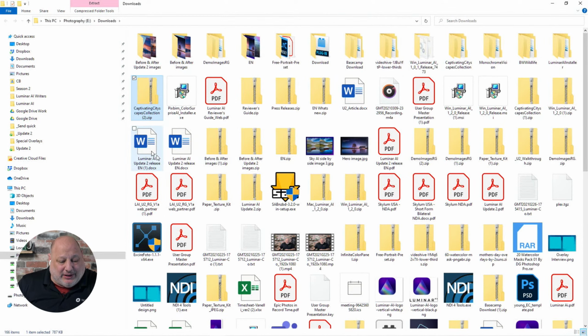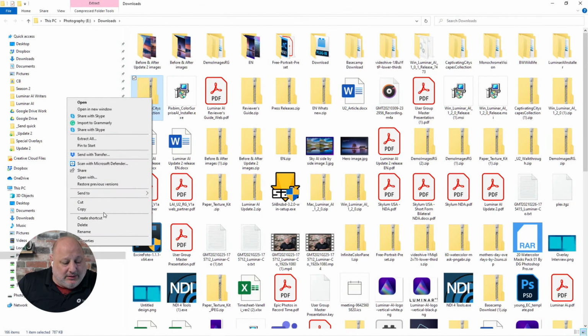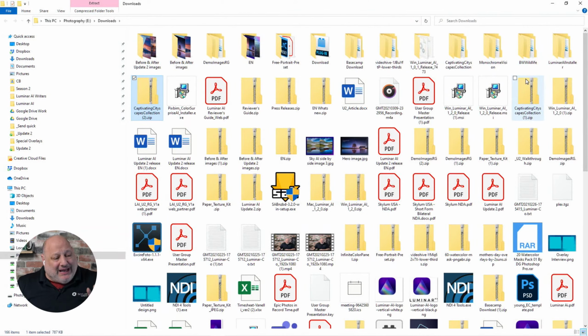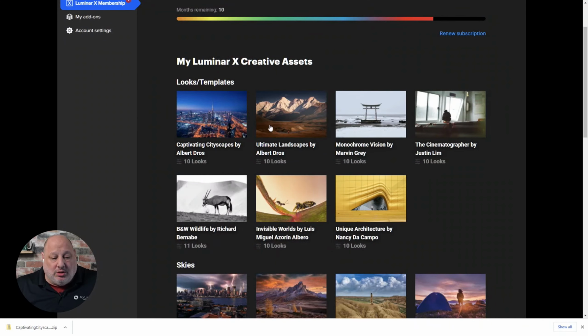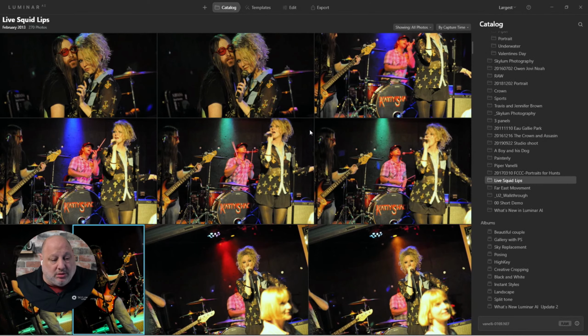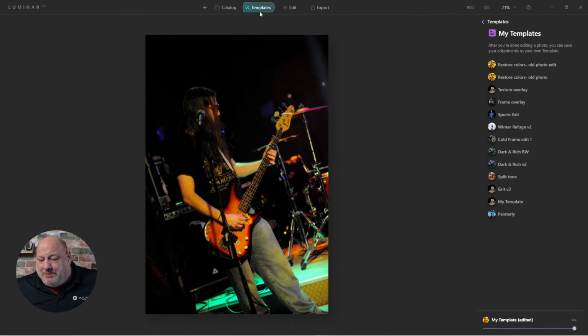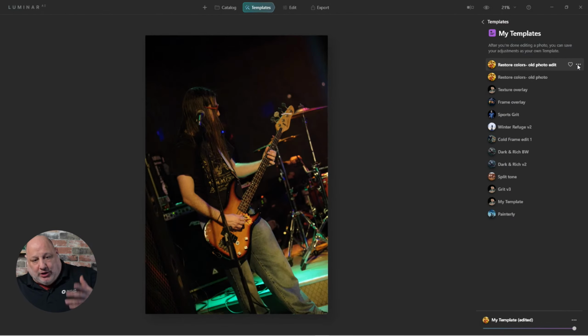So here we are. I got it right here, and I've already downloaded it before. That's fine. Now I'm going to copy it. So right click, copy. Now that I have it, I know where it's at. I'm going to go back into Luminar, and from here, what I need to do is find my templates folder. So if I come over to templates, and any of the templates that I've created or that you've created,